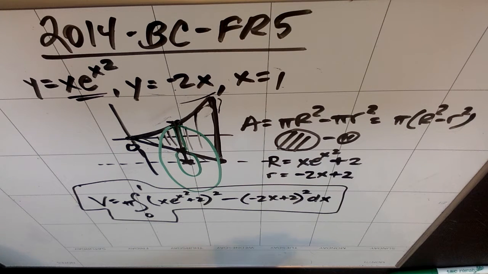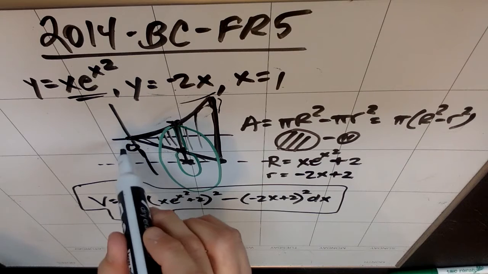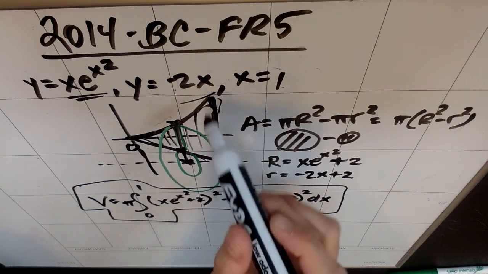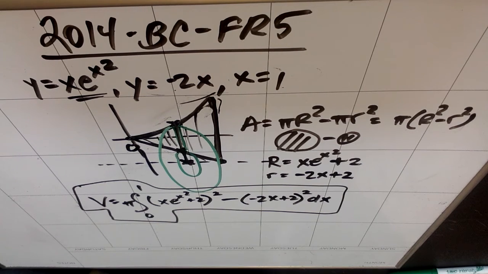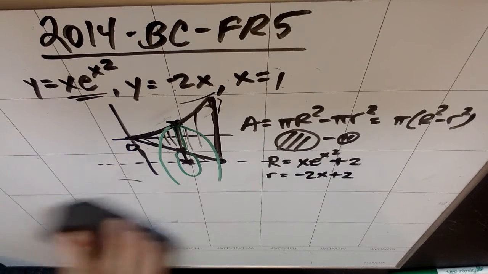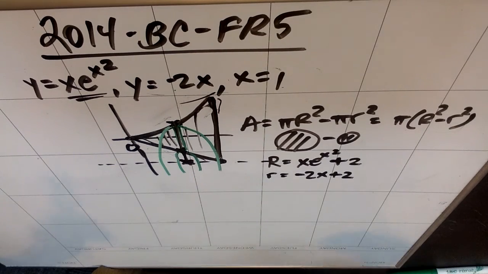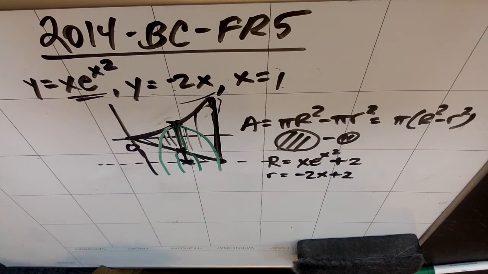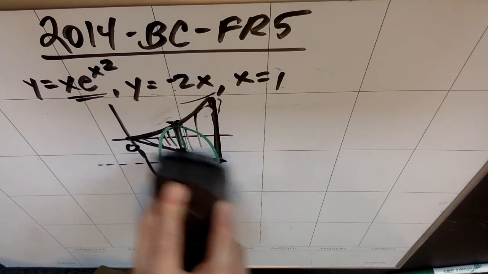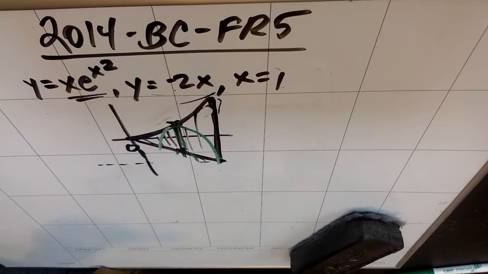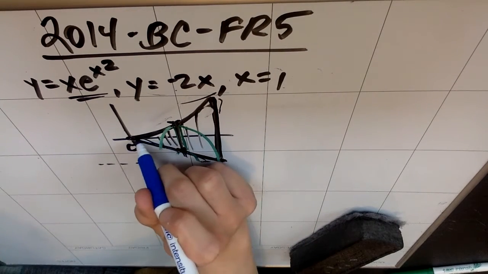Part C: write but do not evaluate an expression involving one or more integrals that gives the perimeter. Cool. So the perimeter of this thing is going to be the arc length, essentially, of each one of these curves. In order to find the arc length, the only one where you actually have to find the arc length is, I did a terrible job of drawing all over my graph. Hold on. The only one where you actually have to find the arc length is the curvy one, because the two that are lines you could actually figure out, right? So you could find